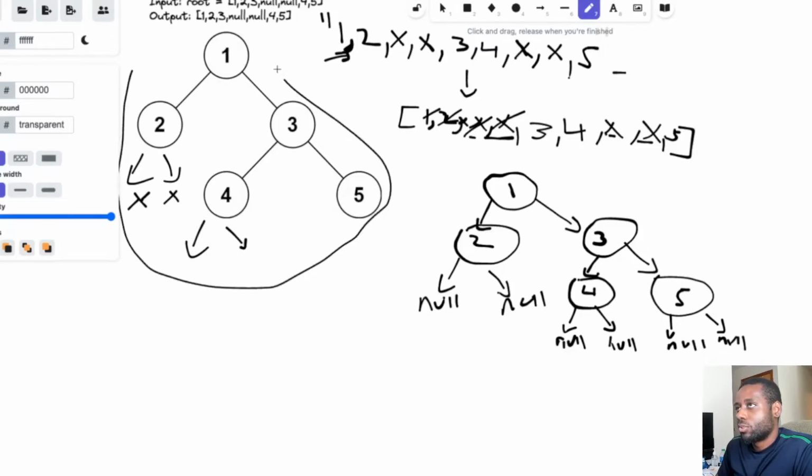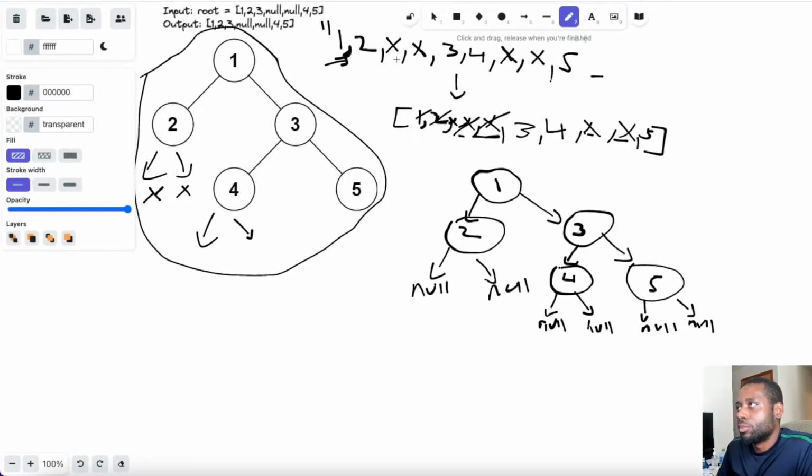So now that we get the logic down pat, we know how to serialize it. We do a pre-order traversal to serialize it, and we use a delimiter, which is going to be the comma. Once we encounter a null node, we put an X to signify that that node is null. So the couple of things that you need to take into account when you solve this problem, guys, are the delimiter to separate the different node values, and also the X to signify the null node.